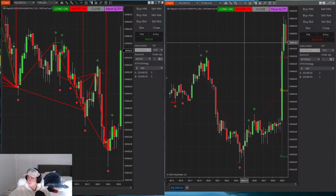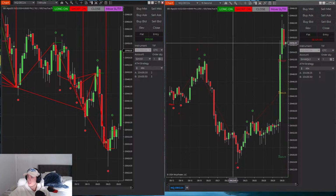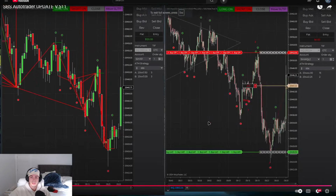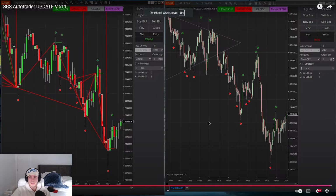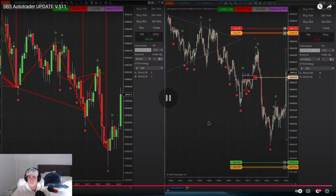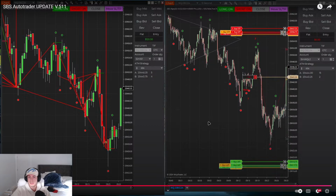So we got filled at 43 with 6 NQs. I'm gonna show you guys this real quick. It's good to see. Okay, so play this back. So initially, boom, we're in 9 contracts at 43. And you can see the stop losses and TPs, as it happens very quickly, are placed